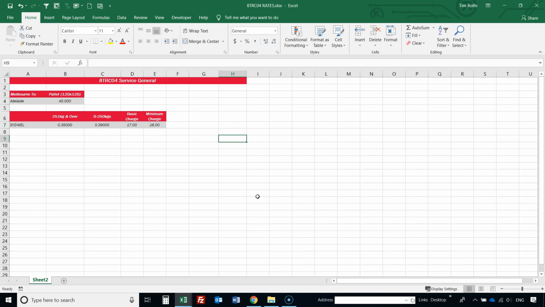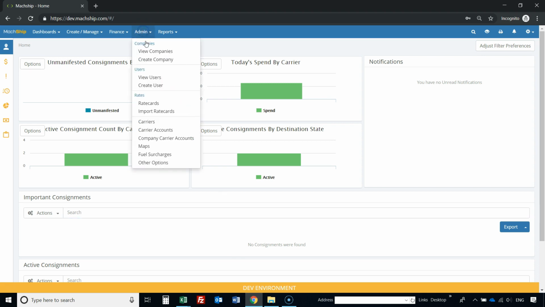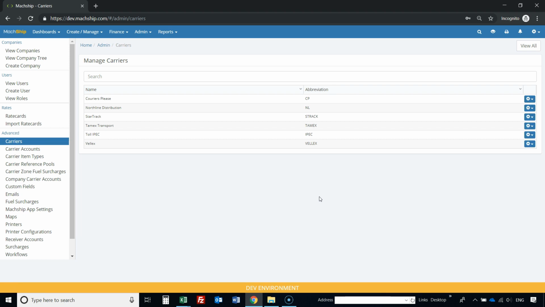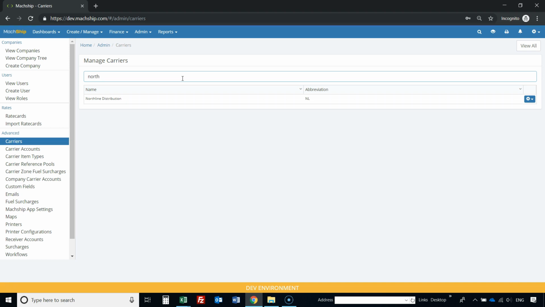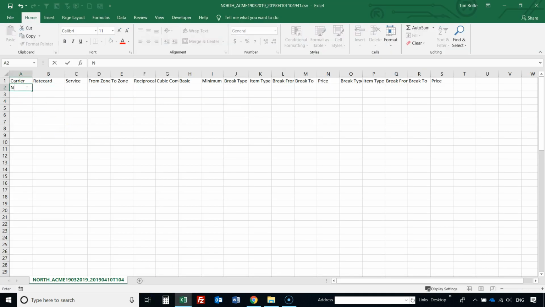To find the abbreviation for Northline, simply navigate to Markup, select Admin and Carriers. Here you will see a list of the carriers that have been applied to your account. Find the carrier either using the search bar or by looking through the grid. So in this example, if we look for Northline, you will find that the abbreviation is NL. In that case, the first column needs to have NL, telling the system that we are looking to import rates